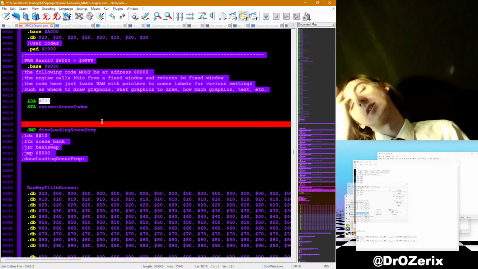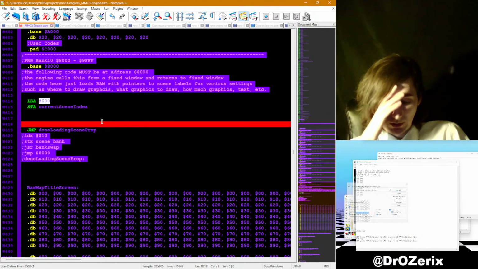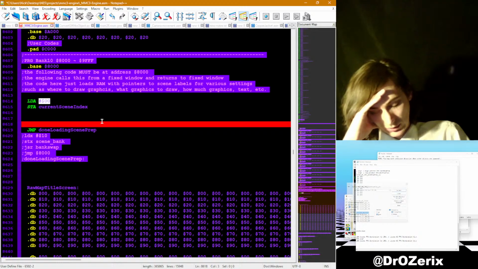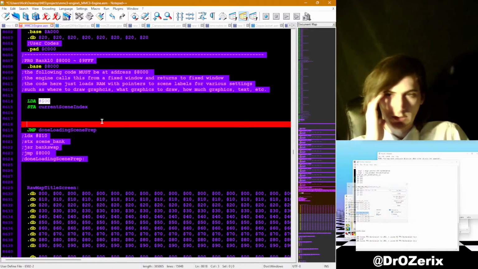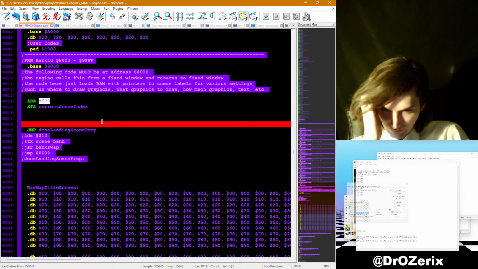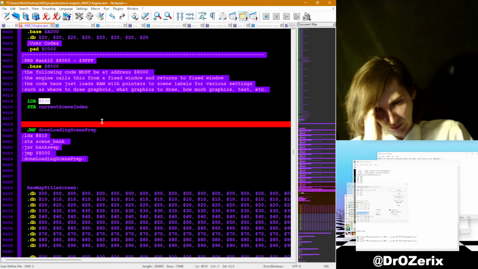And in this case, it's sitting in a region of memory that I kind of want to save, to minimize. I just don't like the idea of having to copy and paste